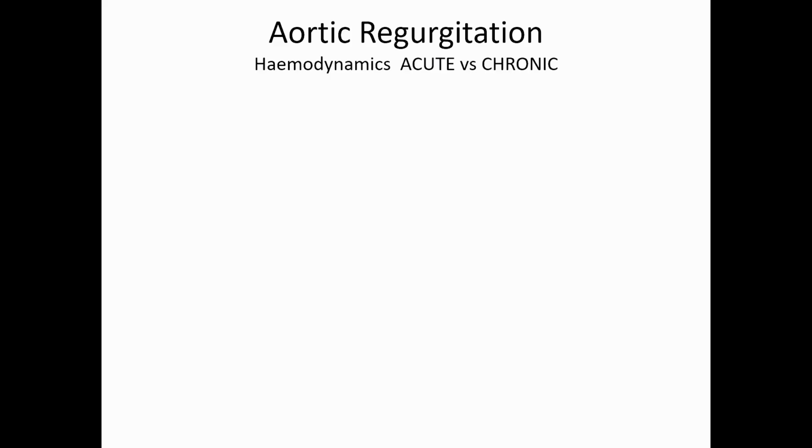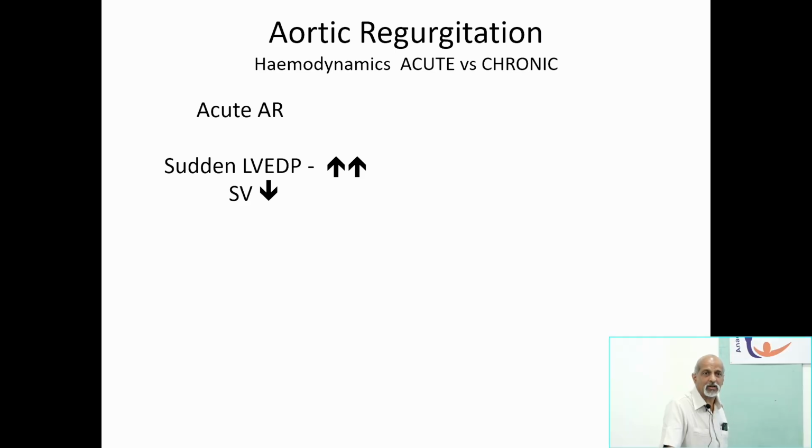Aortic regurgitation, I predominantly look at from two perspectives. What is the hemodynamic difference between acute aortic regurgitation and chronic aortic regurgitation, because the two conditions are totally different. Acute AR, which can occur because of conditions like dissections, can cause severe AR. So what is the problem with that? There is a sudden increase in the LVEDP, which is going to reduce the stroke volume as usual, because everything depends on the difference between the aortic pressure and the LV pressure. So that is going to increase the regurgitant volume